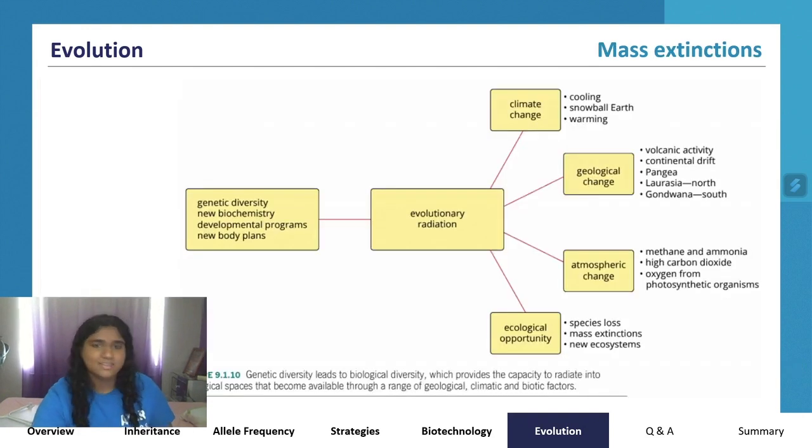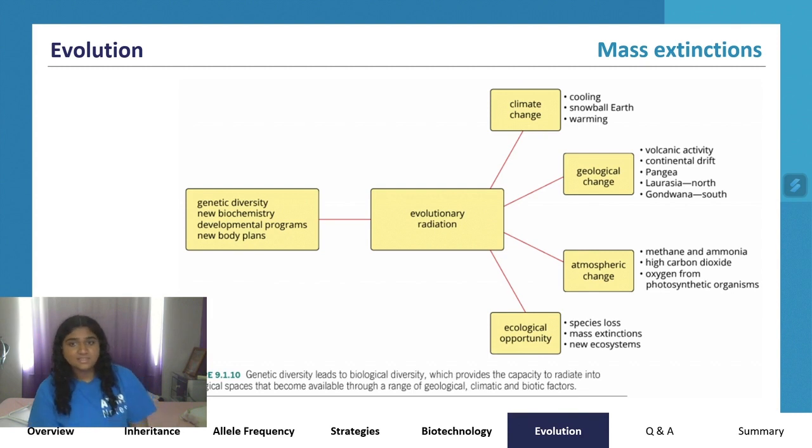The first one is mass extinctions. Mass extinctions are any periods of time where a large amount of species are dying out due to changes in environmental pressures. The species that dies out can no longer exist, so there are no species left, but there can be ancestors of these species that have evolved to become a new species.